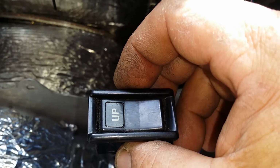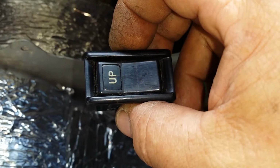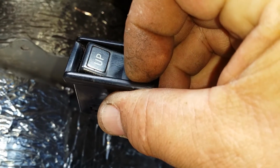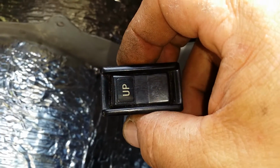So it's a good mod. I like it, and it's nice to be able to get up in the middle of the night when you really got to go, and roll your window up. I've also done some video on a modification for this back